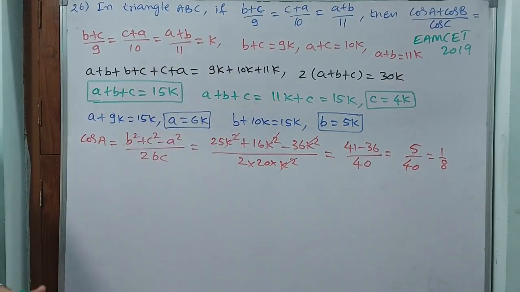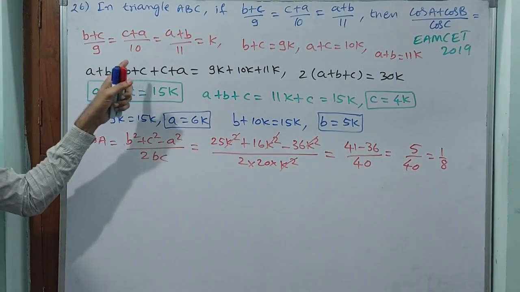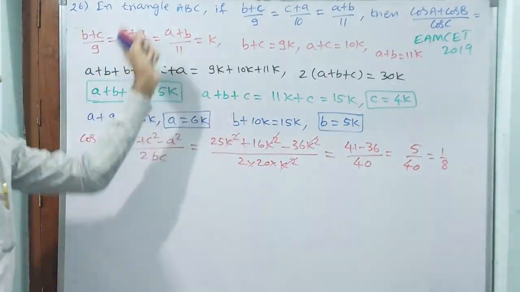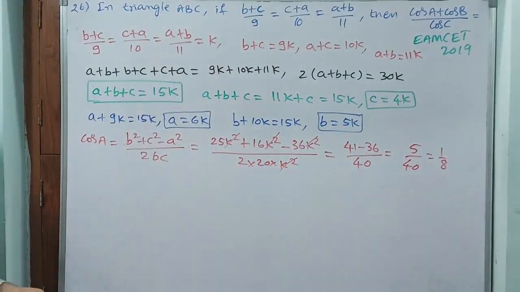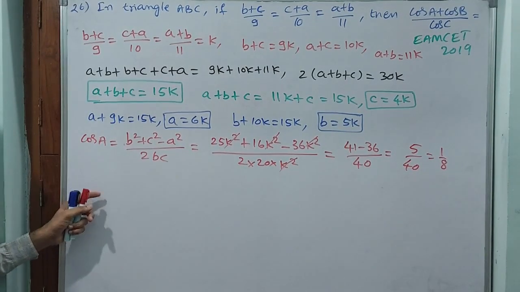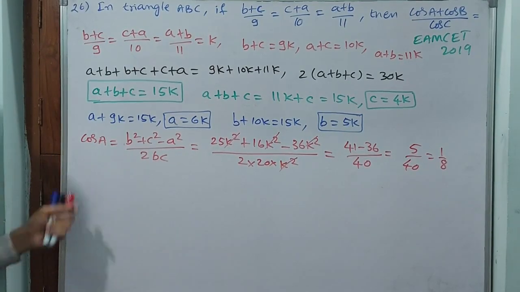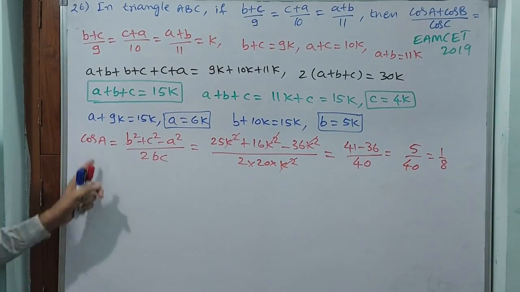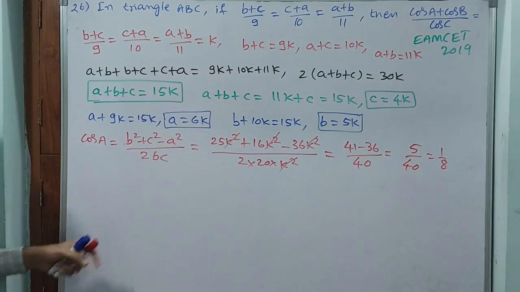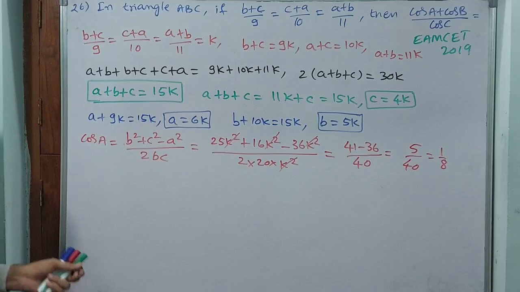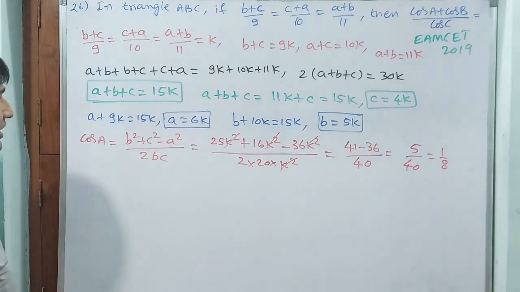One value you have got. Without knowing a, b, c values, but in terms of k you know, you have found the cos A value. Cos A if you find, automatically sin A you can find. If you find a by sin A = 2R or something, we can find. That is not required, but what they asked, that only we will do. That saves our time. We don't require to find the k value and each individual value.